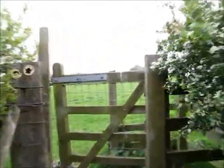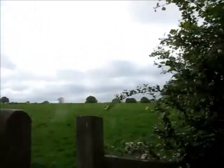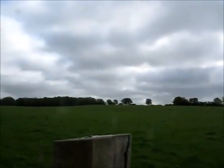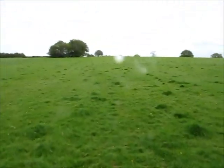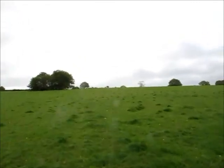Just leaving the outskirts of Edenbridge now. I've already been walking for about 15 minutes-ish. I've already done just over a mile and a half. So I've walked from the house through town and outside the border of the town, and now just heading out